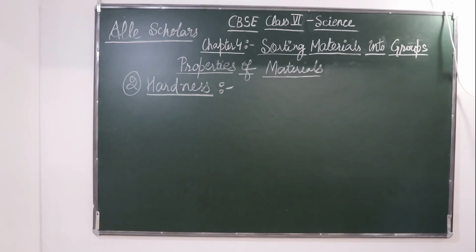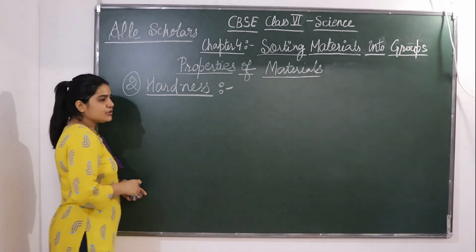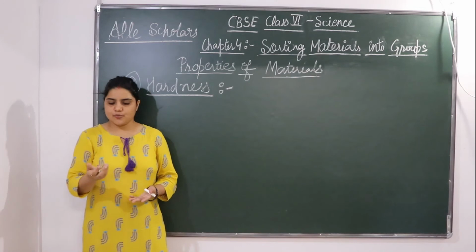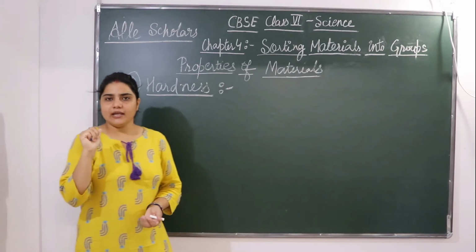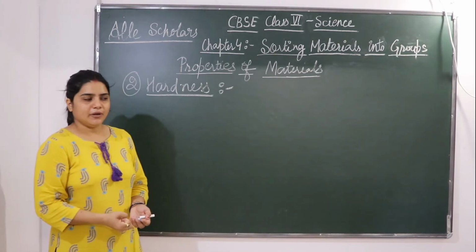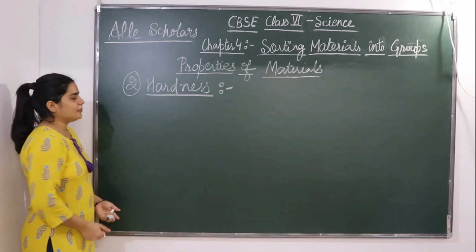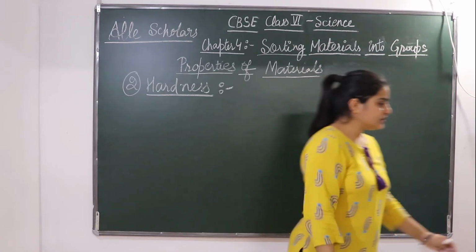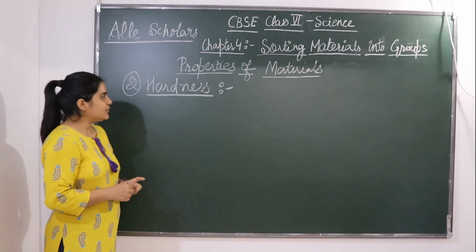So the next property of material we are going to take is the hardness. So what happens? Suppose you take some material in your hand and you try to compress it. Suppose I am taking this rubber and I am trying to compress it. Can I compress it? Yes, I am able to compress it. If I take some other hard material and I try to compress it, maybe I am not able to compress it. Okay? So some material gets compressed and the others cannot be compressed easily. Okay? So let's do an activity.